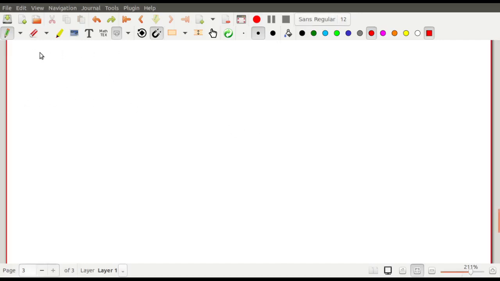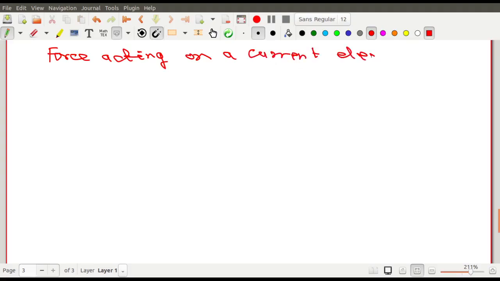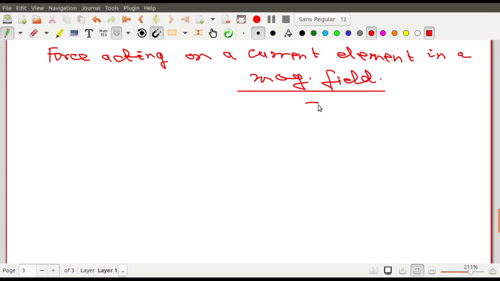Let us write in this way: force acting on a current element in a magnetic field. So this has been already provided by Lorentz. So you know that, এখান থেকে আমরা জানি, the force acting